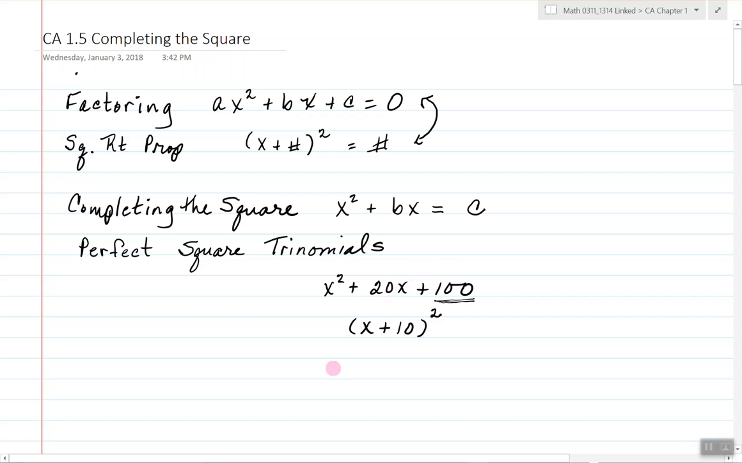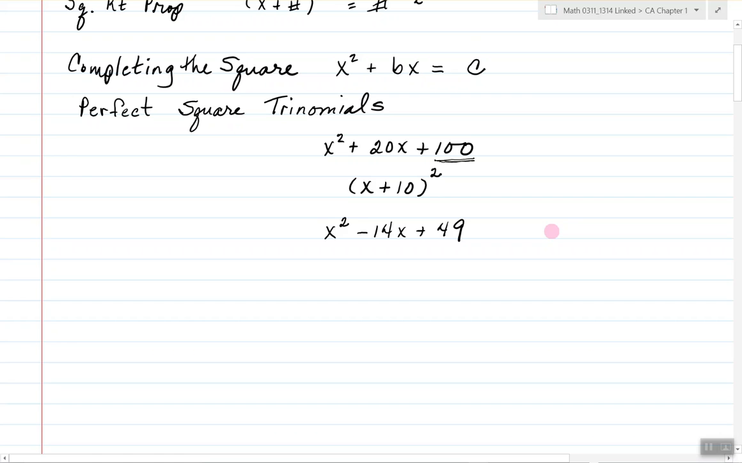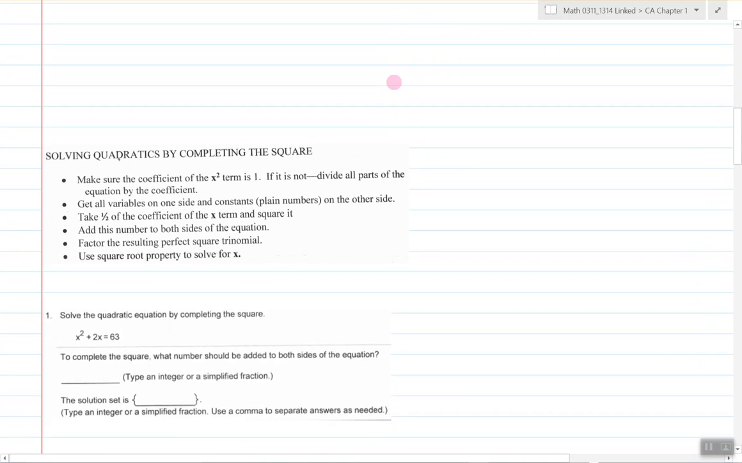That's the relationship. Here's another one. Suppose I have x squared minus 14x plus 49. This is a perfect square trinomial. If I took half of this, I'd get negative 7. If I squared it, I'd get 49. That's the relationship between this number and this one. Its factors are x minus 7. The minus 7 that was half of this. So that's just a little bit of information for you to think about as we move on to solving quadratics